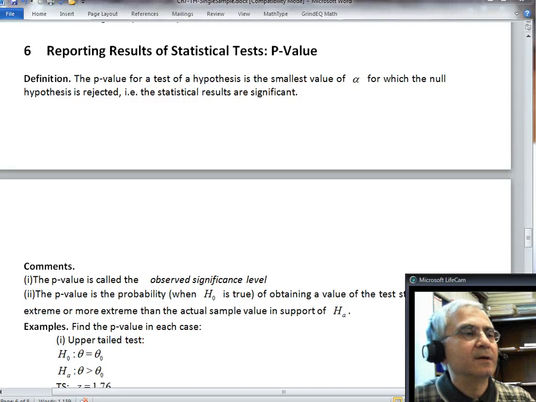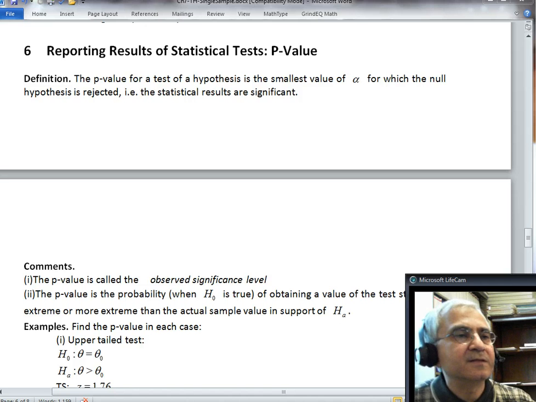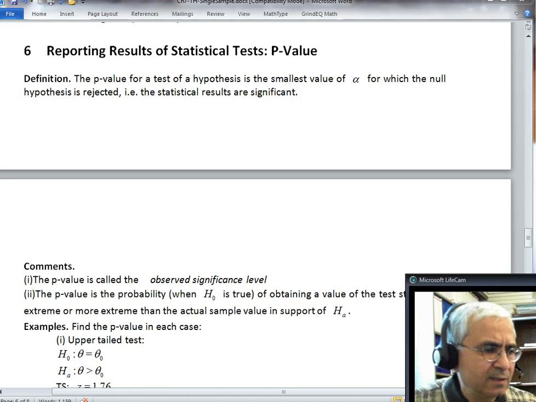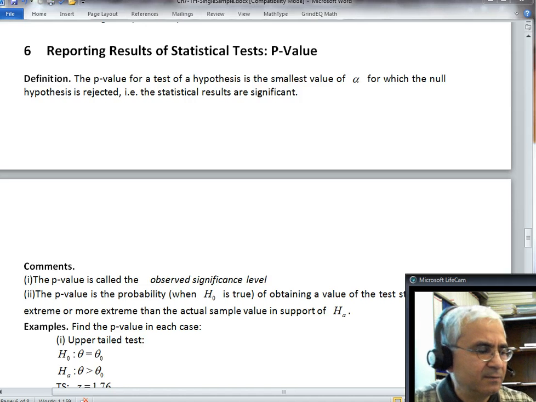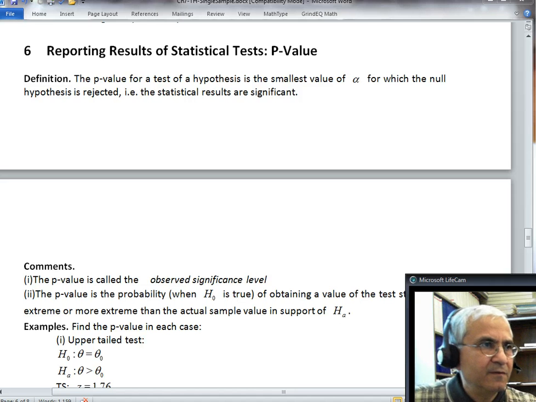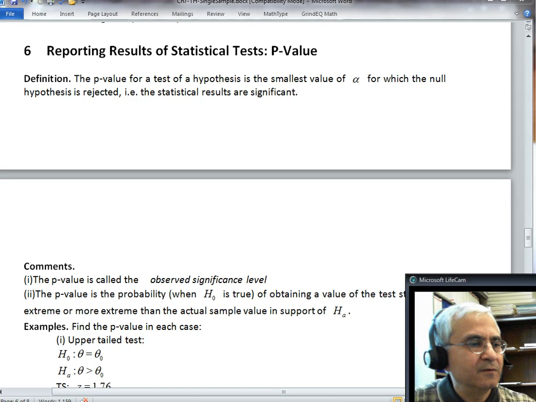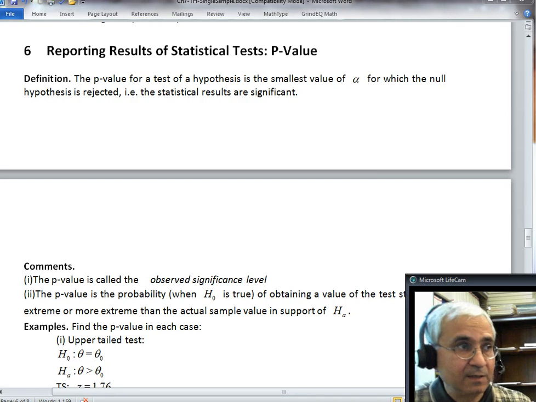Today we're going to talk about reporting results of statistical tests. The motivation for this is this: sometimes different people, different managers, may disagree on what alpha, the significance level, they should choose. Should I pick 5%, you pick 3%, someone else may pick 1%, because it's based on how serious the